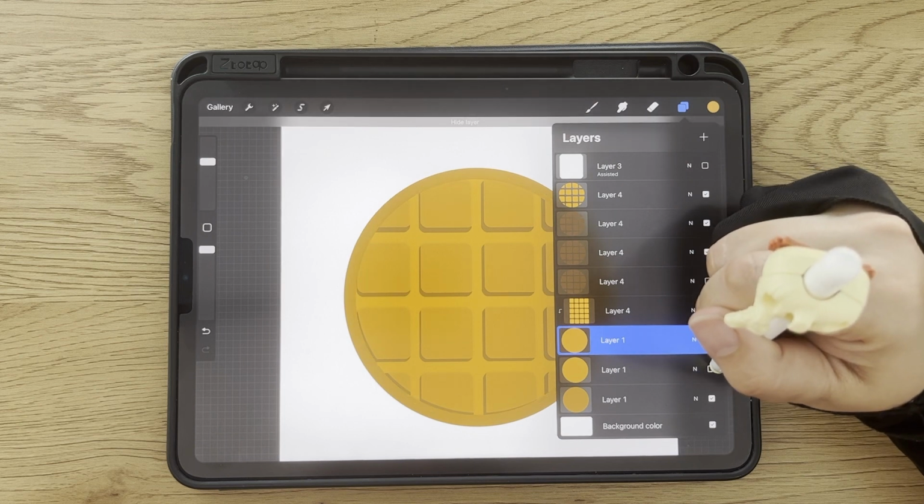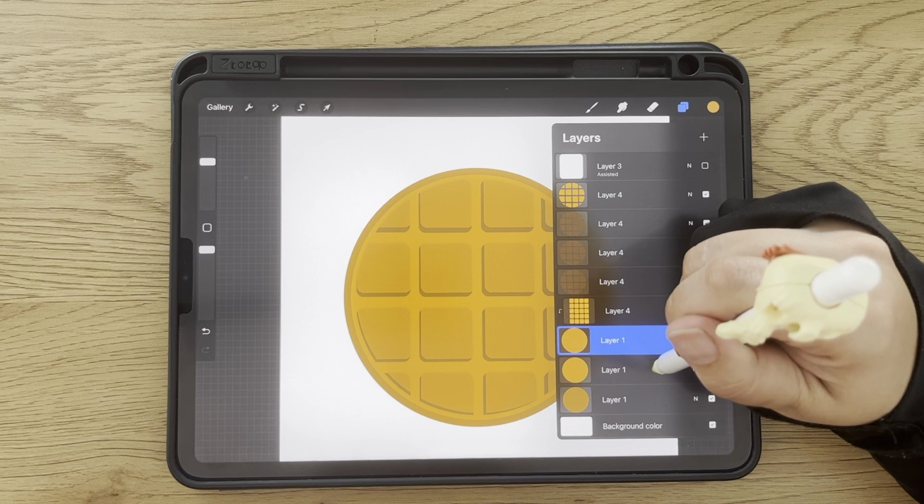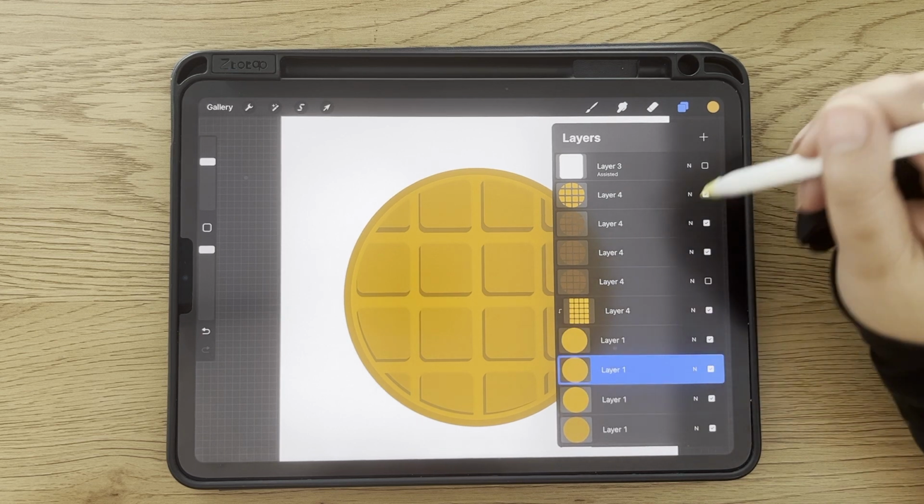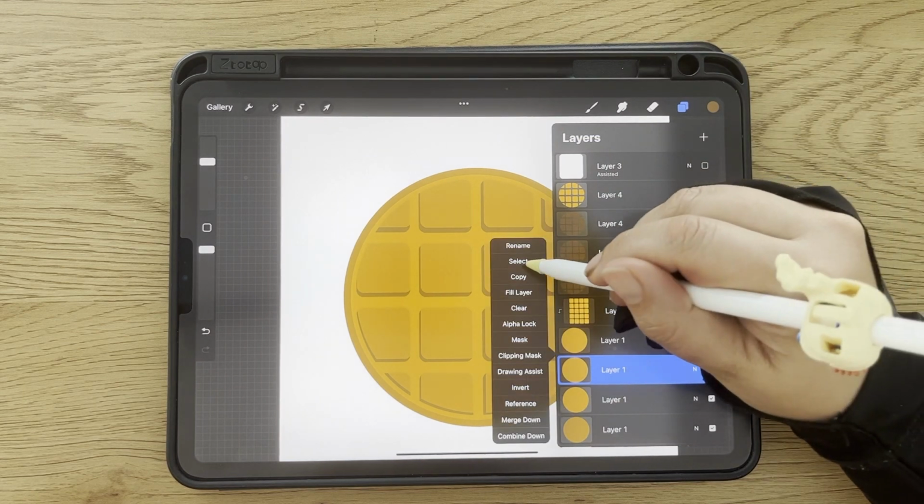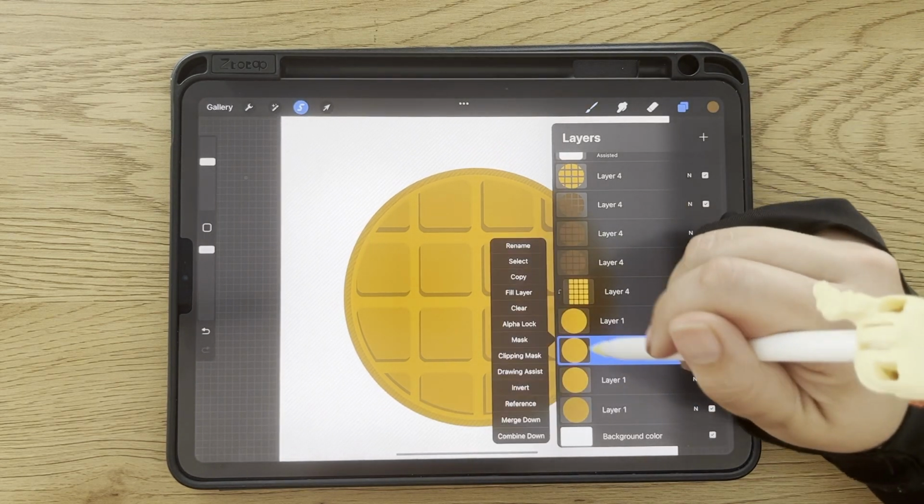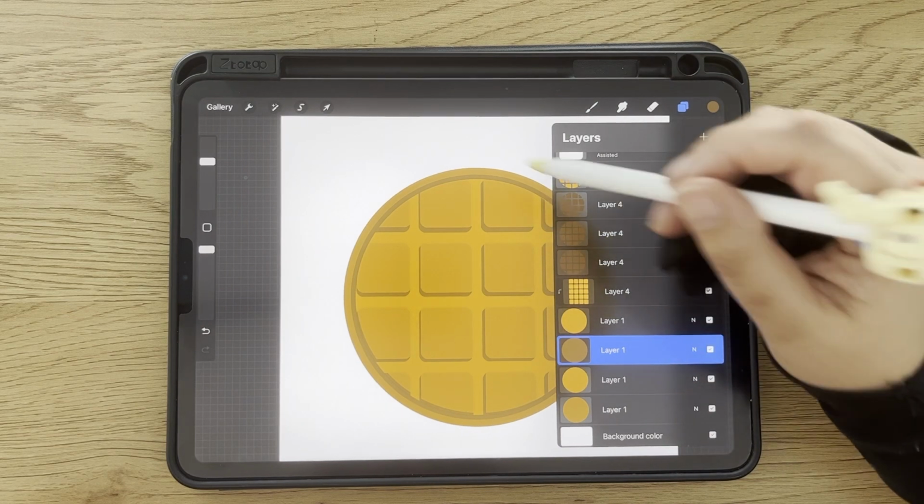Actually, we can use this one as well. Okay, now I'm going to duplicate this one and fill it with this brown here. So select and fill the layer. And now